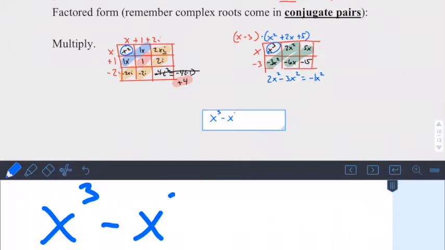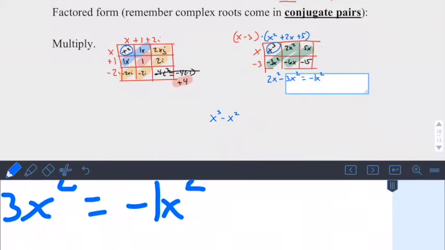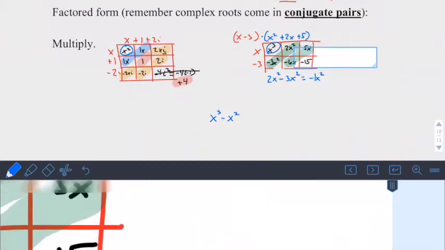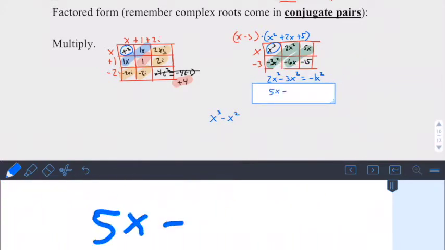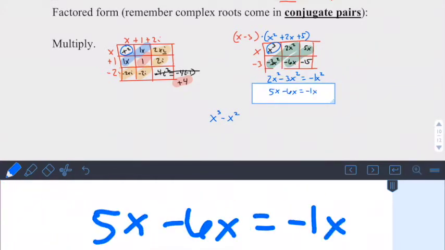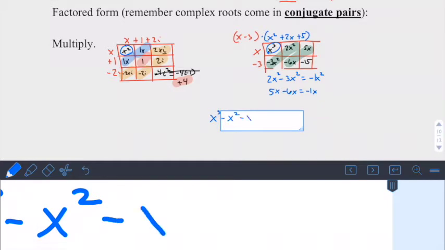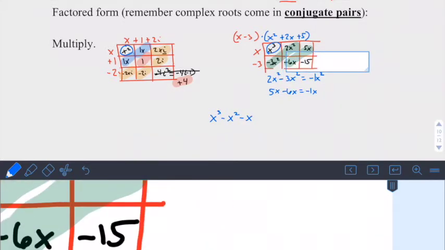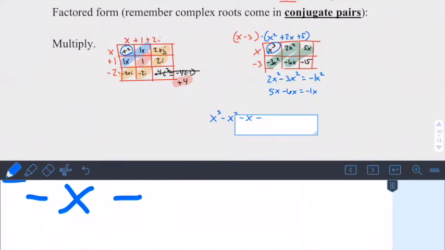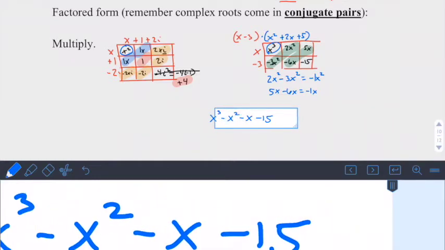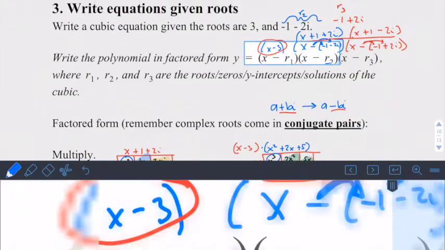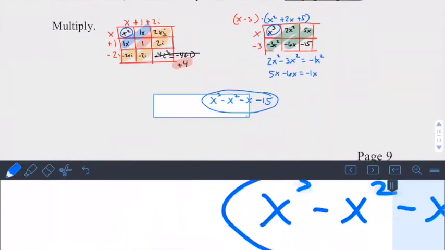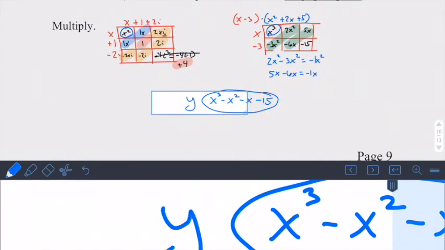Well, I'm just going to write it as negative x squared without the 1, because I can, same thing. 5x minus 6x is negative 1x, same thing, so I'm going to say minus x. And then finally, minus 15. And there is my cubic equation with these roots. And to make it an equation, I should really say y equals